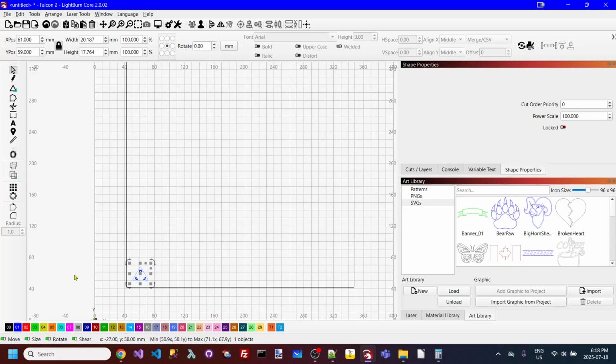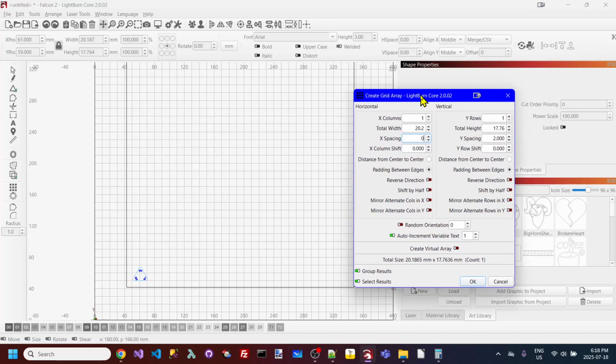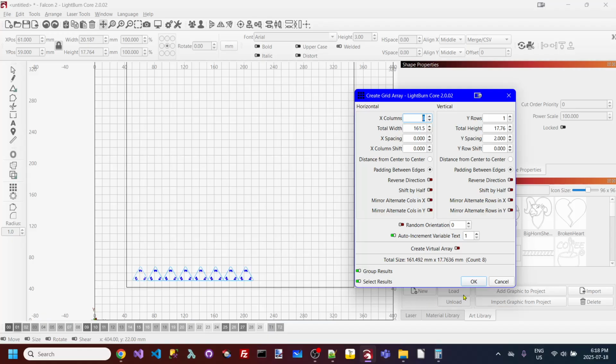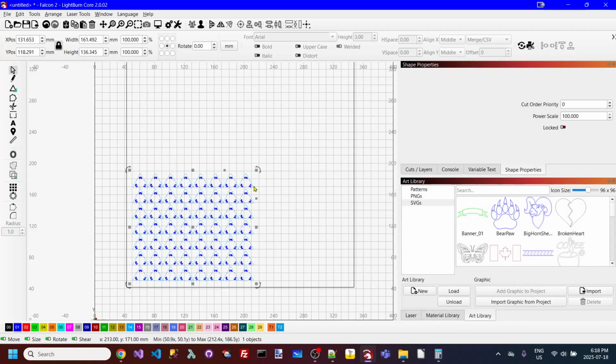So if I take that one and I go, just zero this out here so we can, yeah, I'll zero that out. Now I want to make 8 columns. And I want to make 7 rows. You see that I have a count of 56. Now that works. Okay, so there is my